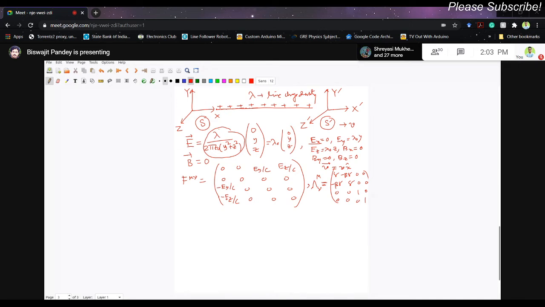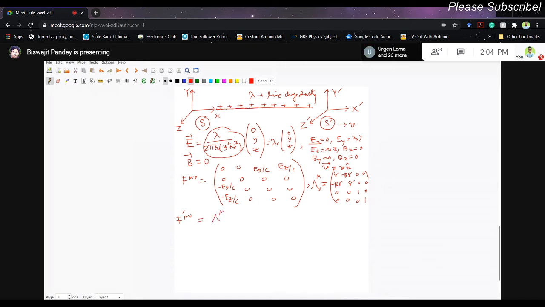Or the frame is moving, say, along the y-axis or z-axis, or along some particular direction, say 30 degrees, making an angle of 30 degrees along the x-axis. You should be confident about solving such problems. I'm just giving you one particular example. Then we want to calculate this primed tensor in the moving frame, F'^{μν}, which is